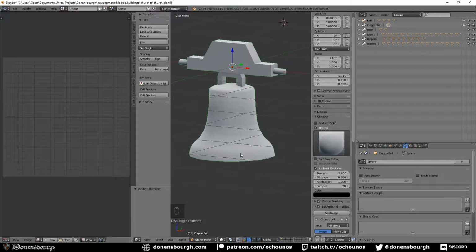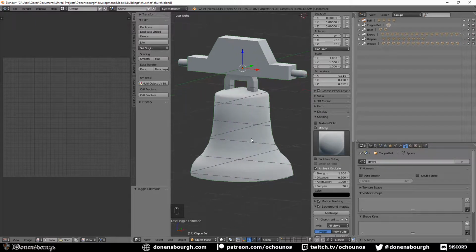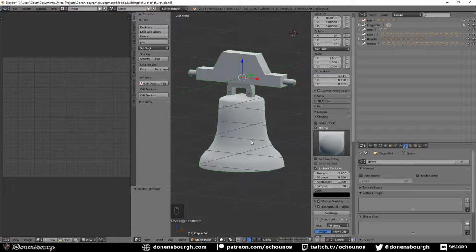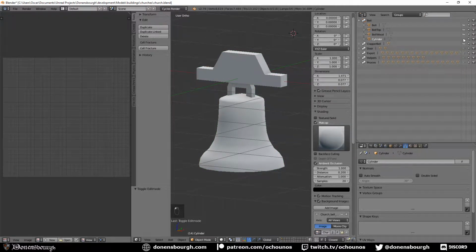I would like to use this one as a reference, just on the side of Blender, and I will try to adjust this to be something more realistic than what I was doing. So using this one as a reference,